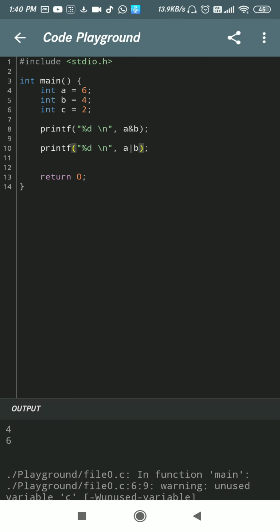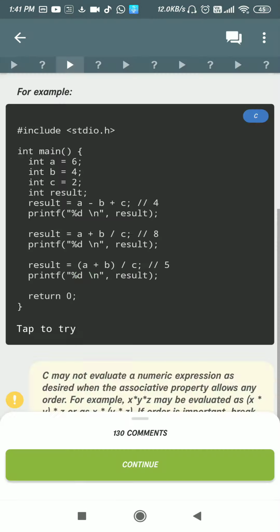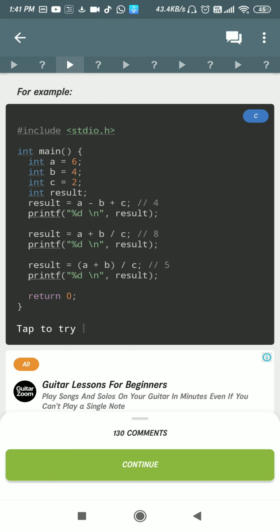4 and 6. The answer for the first is 4 and the next will be 6. So how exactly does it work? First you convert the 6 to bits and then write down that 6 is 4. Then apply the AND operation, AND truth table and OR truth table. Then it will execute that. So it's over. I think increment and decrement operators are left.